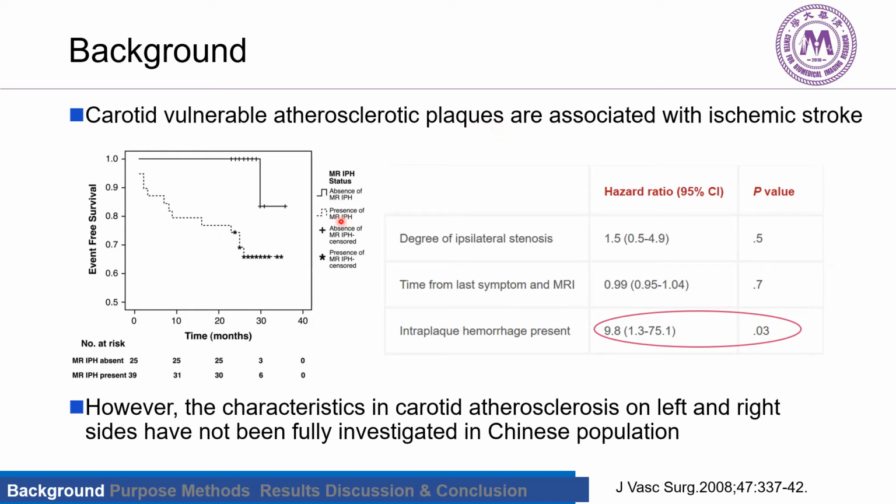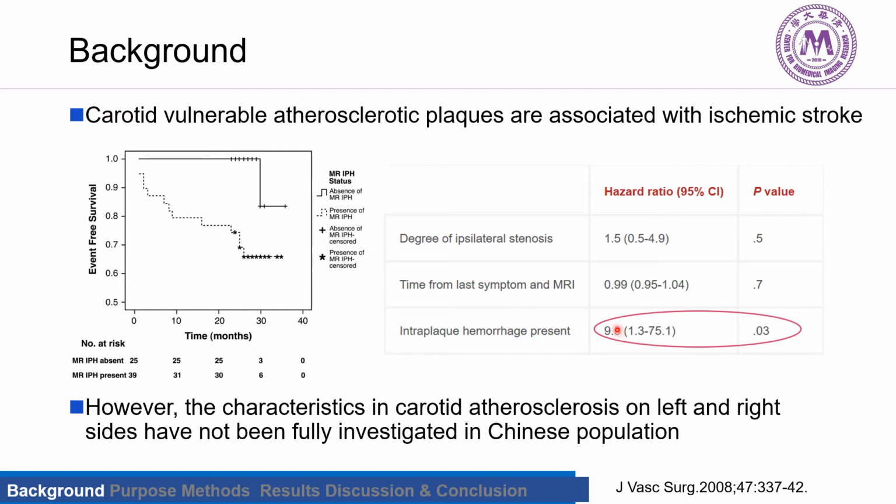It's well evidenced that carotid vulnerable atherosclerotic plaques are associated with ischemic stroke. See the figures below in a study. The KM survival plots illustrated the difference in the event-free survival between those with and without carotid intraplaque hemorrhage. Furthermore, the Cox regression analysis demonstrated that the presence of carotid intraplaque hemorrhage significantly predicted ischemic recurrence with a hazard